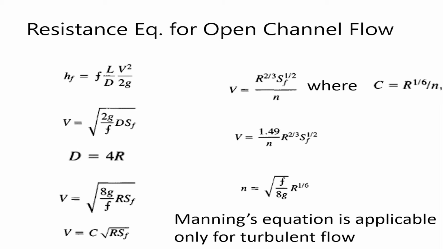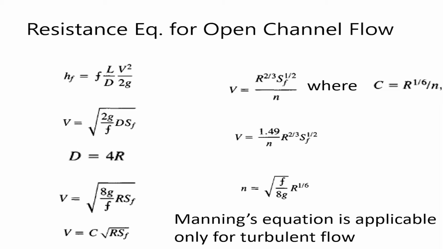Okay. So this Manning's equation is very popular for open channel flow, and this equation is for SI units, and in the United States, the FPS system is followed. So therefore this Manning's equation is changed as V is equal to 1.49 by n, R power 2 by 3, into S power half. Here R is in terms of feet, and V is in terms of feet per second. Whereas in this case, V is in meters per second and R in terms of meters. And S is also in SI units.